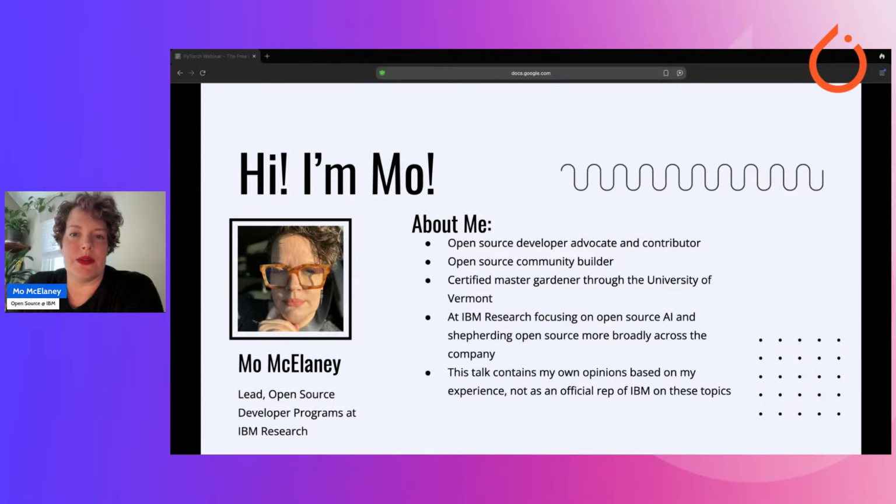I am an open source developer advocate and open source contributor. I've been working in this space for over a decade and many different communities, and watching this space transform, especially over the past couple of years, has been very exciting. I work in IBM Research, focusing on open source AI. I'm a community architect, and I also shepherd open source more broadly for the entire enterprise here at IBM.